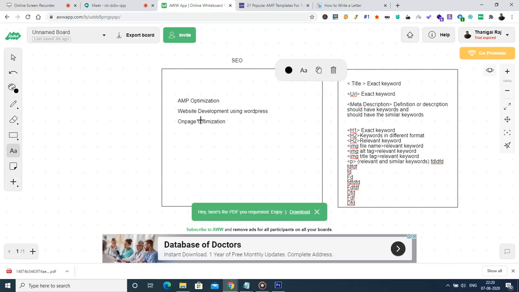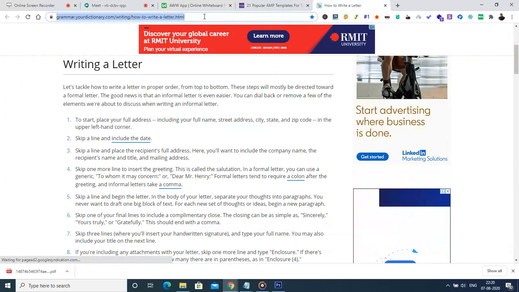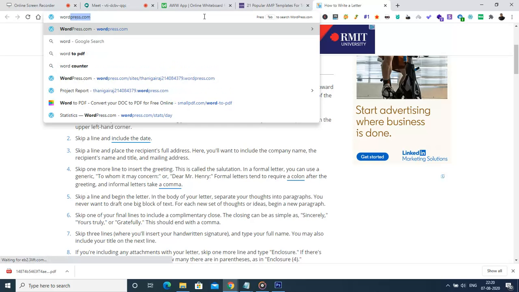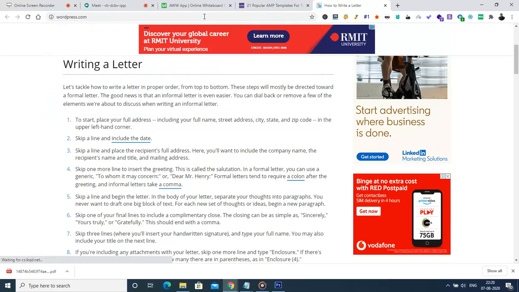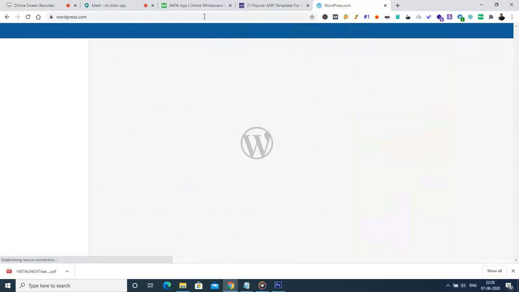Now what we are going to see is website development using WordPress. Practically, I think we are running short of time. We might not be able to cover the complete part of website development through WordPress. But still, let us explore some of the details about WordPress website creation and how to create it. Maybe in a later session, if time is possible, we shall explore something more.